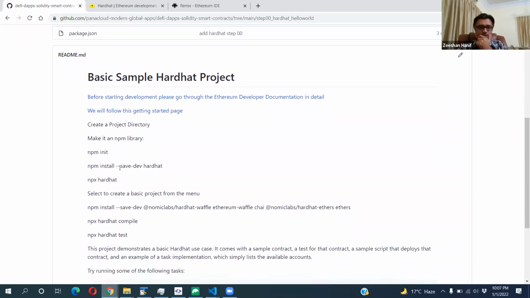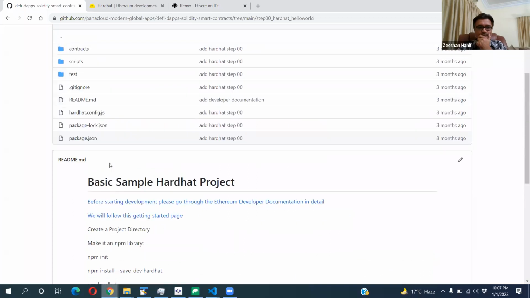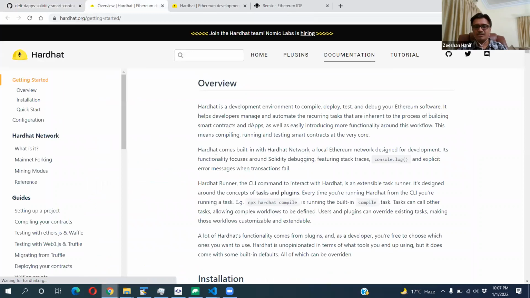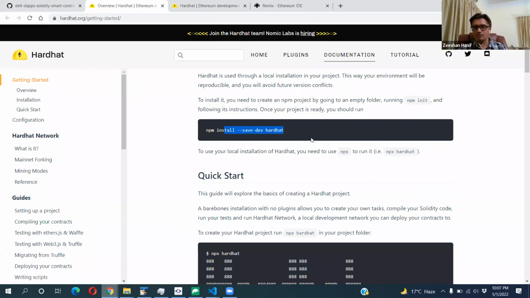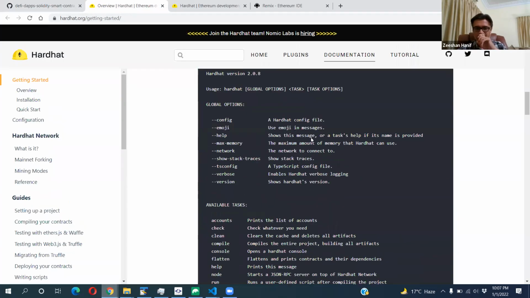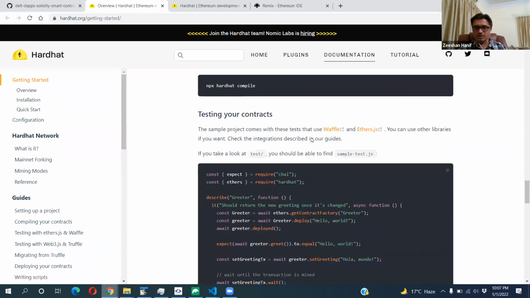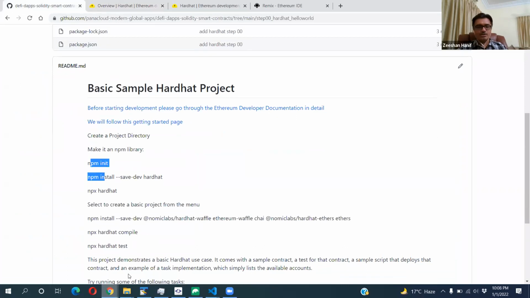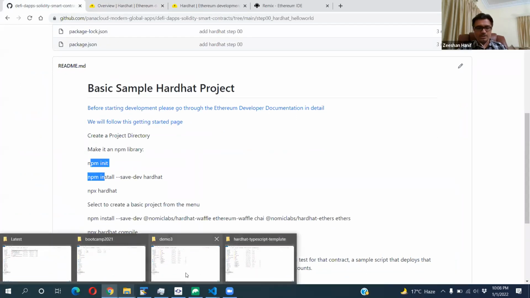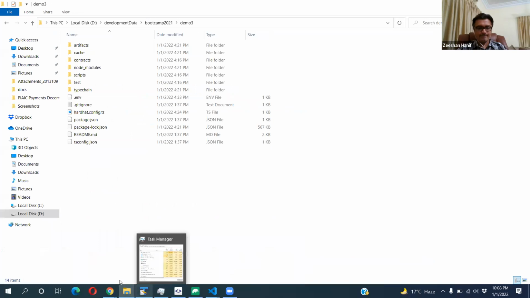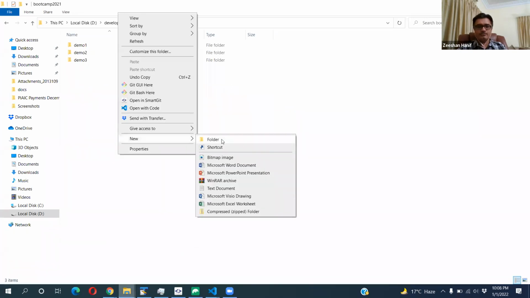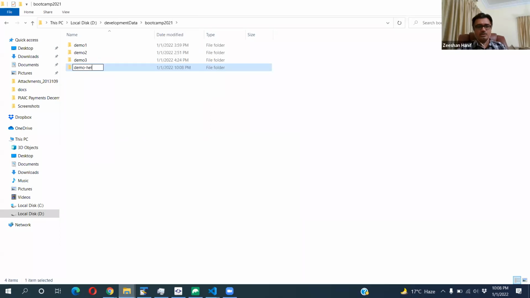Okay, so whenever you go to this page, this page gives you a complete idea of how you need to do installation, what the tasks are and everything. We'll do all these things one by one, and we have these steps here as well. So what I'm going to do is create the folder, whatever you name it. Let me call it demo hello, and inside that